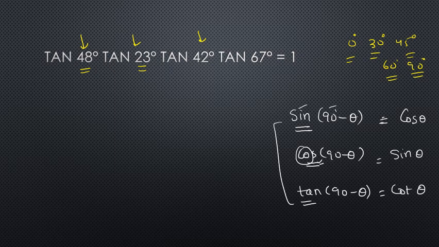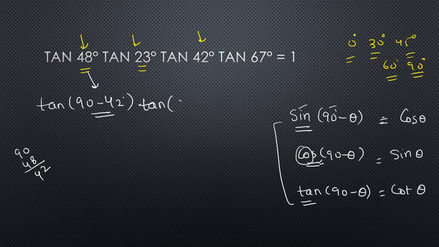So these are a few formulas which you can apply here. If you see tan 48, what can I write here? 90 minus 48, that means 42. I can write it this way. So 48 is 90 minus 42, right? Then tan 23 can be written as 90 minus 67. You can subtract it: 90 minus 67 gives 23, right? And then don't touch the other two components. Why? Because you can see here 42, here 67, and you have their counterparts as 42 and 67. You have to prove that the value is 1.